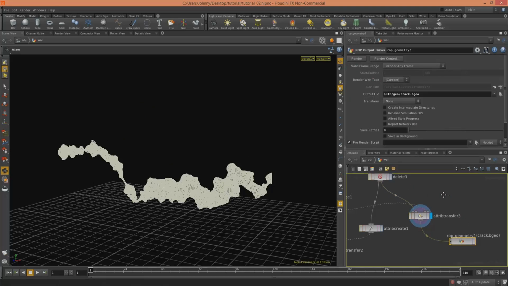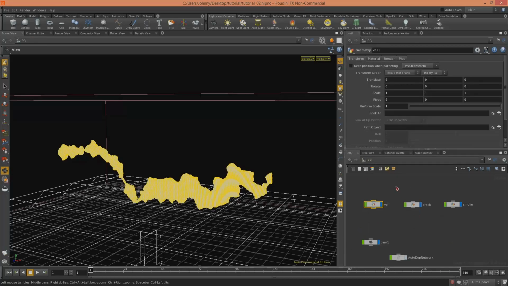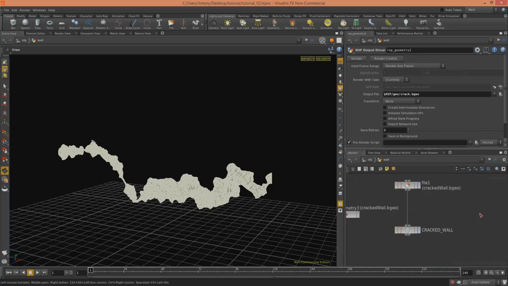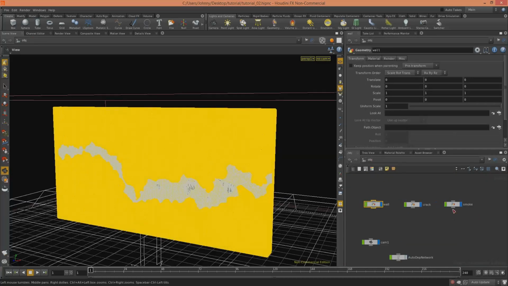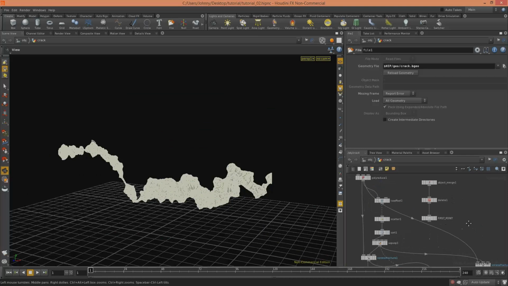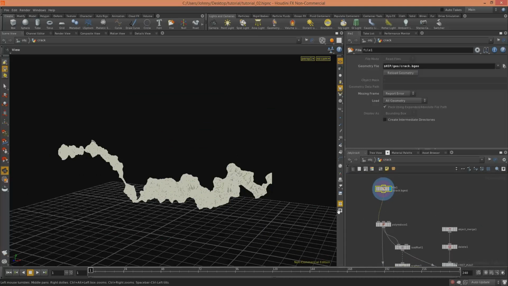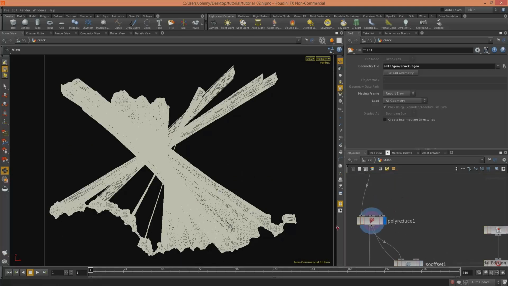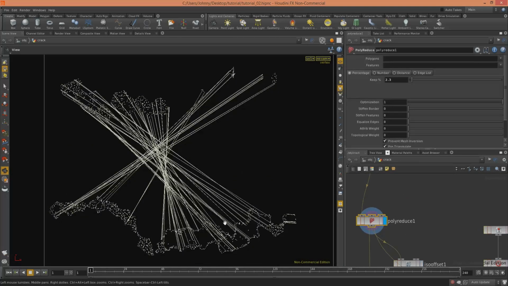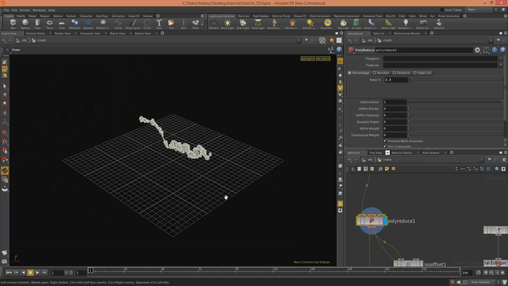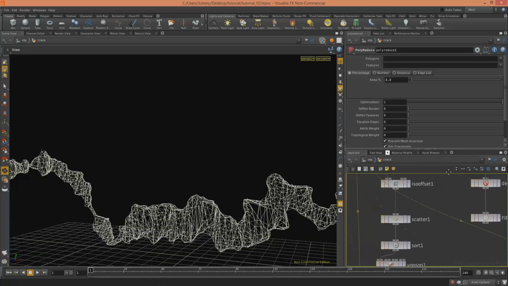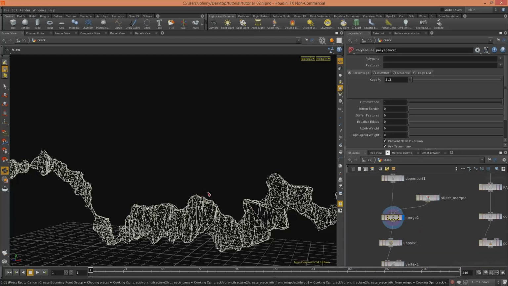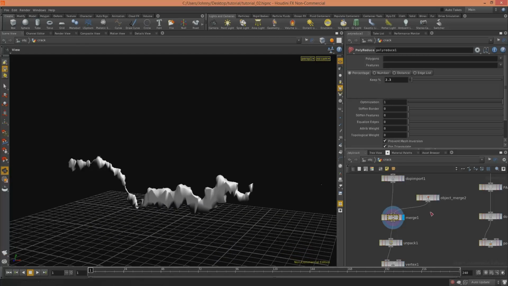Let's write out the crack, the BGO, and oh, let's preview the control. In the crack, let's reload it. Now we should have UVs. Yes. Let's see what happens with the poly reduce. UVs are kind of intact. So let's have a look if it actually works. Let's preview it